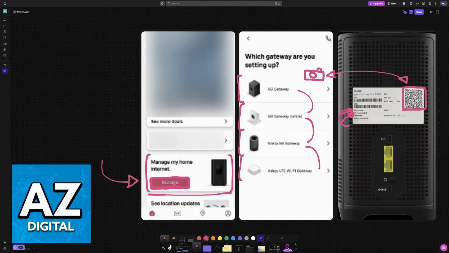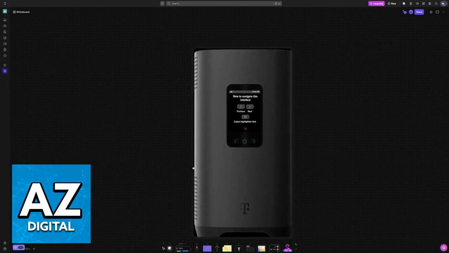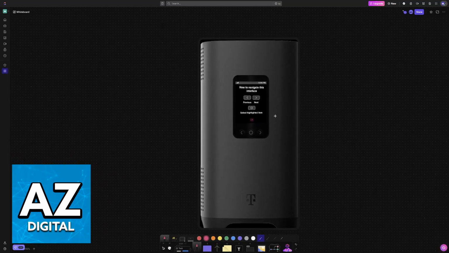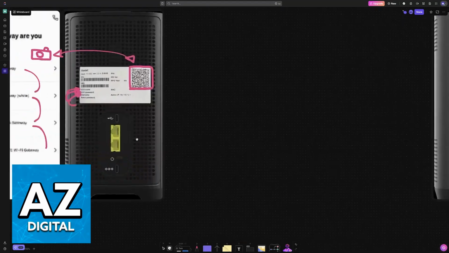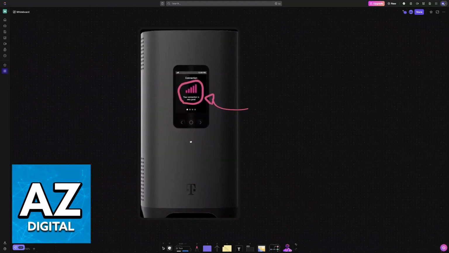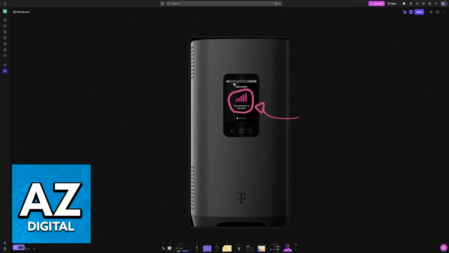Just use the exact same menu that you chose to set it up initially. You can also tap on this interface here, so you can use these buttons, tap OK, and once you tap on the screen until everything is set up, the internet status will be displayed, and you will be able to connect into this newly established Wi-Fi network.